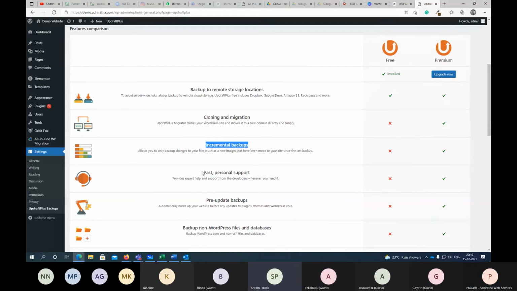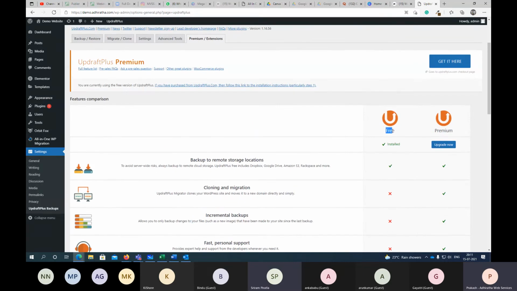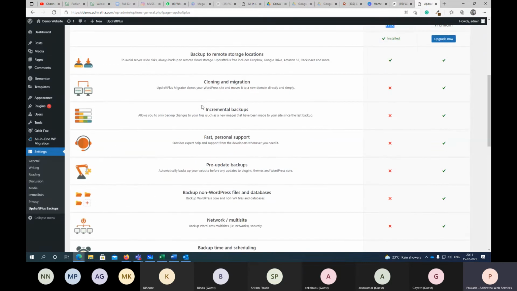Is there any option like differential backup, where whatever modifications happen, only those modifications are updated as backup? Exactly, that's what. See, what we're using here is free, right? In the free version, we are not getting that. But in the paid version, they have implemented this incremental backup. It allows you to only back up changes to your files. Maybe after 2 GB I uploaded, today you added 10 more photos. Only those 10 photos will get transmitted.